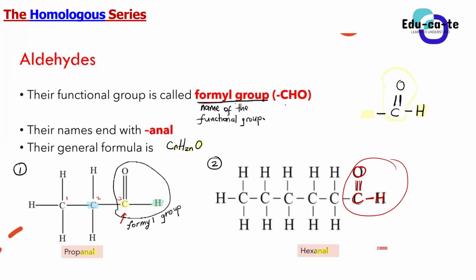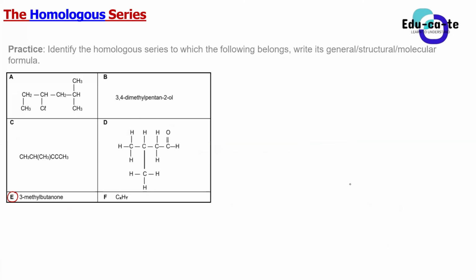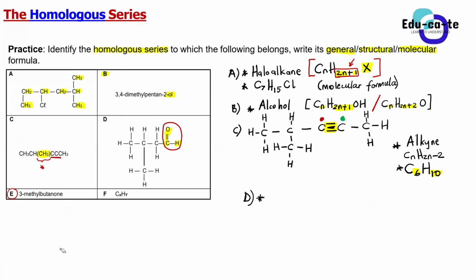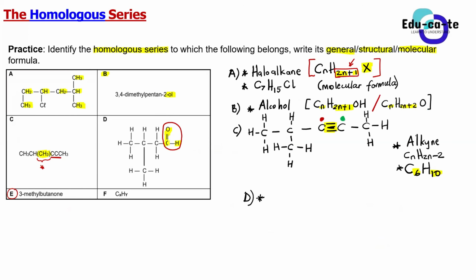That is why most of the time we write it as CHO, to show that we have a carbon that is double bonded to an oxygen as well as a hydrogen. That's how I explained the aldehyde functional group. So when you look at the compound that is provided here, which is compound D, you do have that, guys. Do you all see the carbon that is double bonded to oxygen here? Yes, sir. And this same carbon that is double bonded to oxygen, what is it single bonded to?